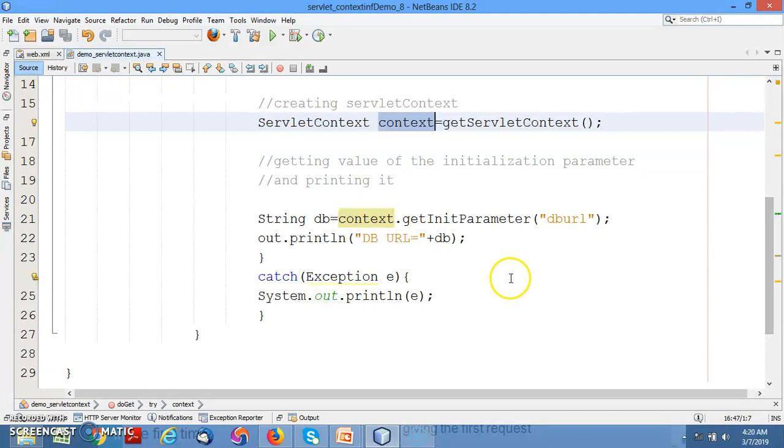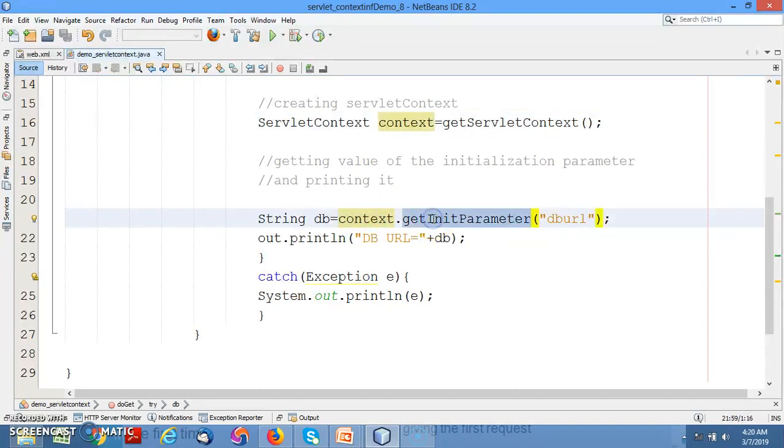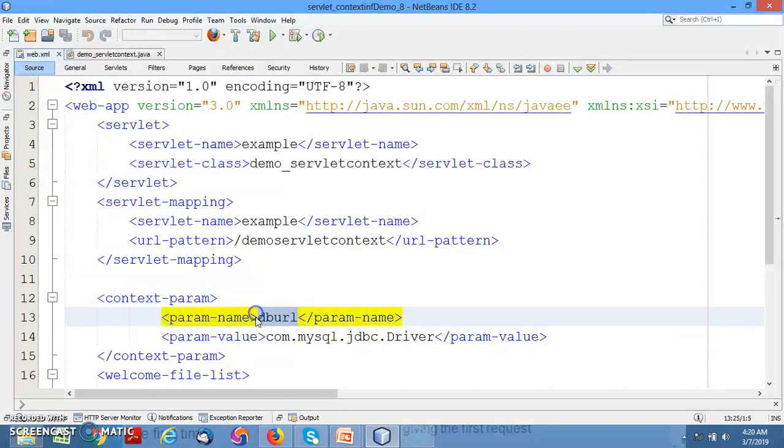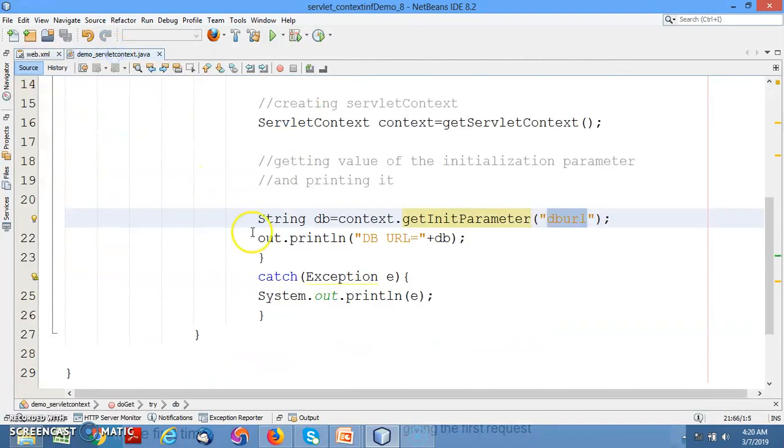Now I want to fetch the initializing parameters which I have mentioned in the web.xml file. So object.method name, object is context.method name getInitParameter. I'm going to provide the name of the parameter. If you observe, this is my context param. Parameter name is db URL and this is the corresponding value. So when I'm going to provide the db URL as a parameter name in my getInitParameter, it will return me the corresponding parameter value, and I'm going to store that inside the db